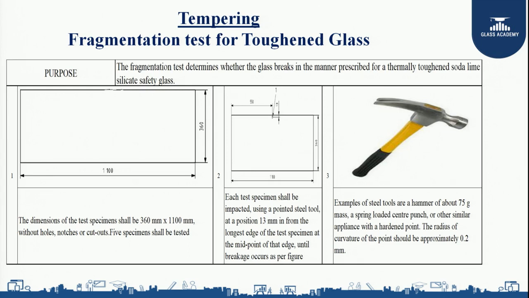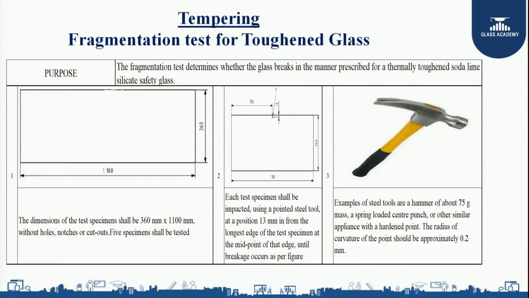Generally, when you see any glass, like annealed raw glass, HS (heat strengthened) glass, or toughened glass, by a visual look you may not be in a position to trace out what is exactly what. That is, whether you are selecting annealed glass, HS glass, or toughened glass. One of the tests to identify this is the fragmentation test. With the help of the breakage pattern, you are going to determine whether it is an annealed glass, a HS glass, or a toughened glass.